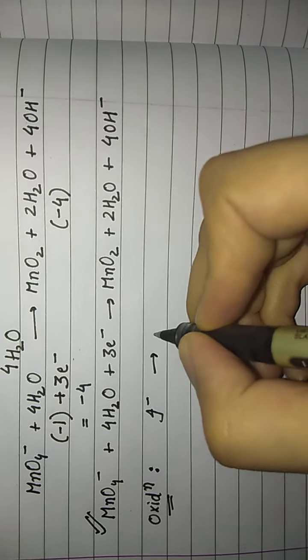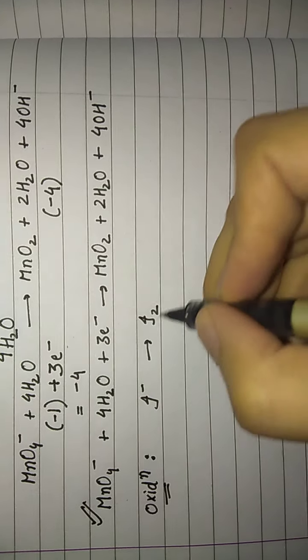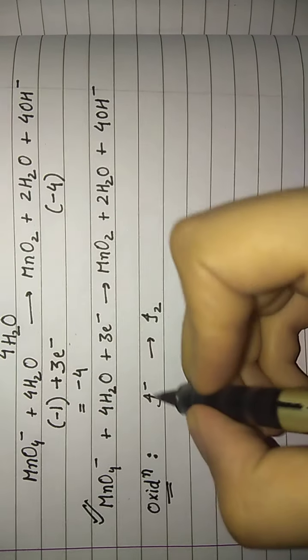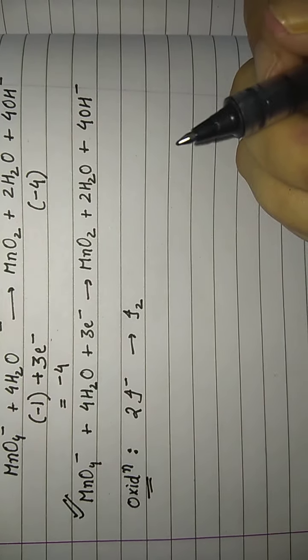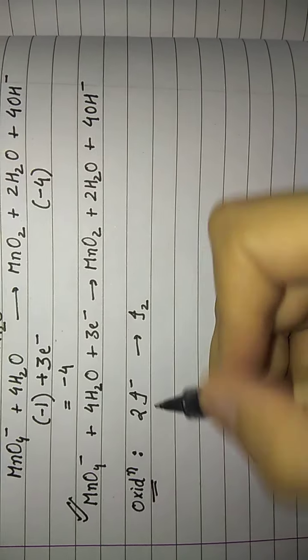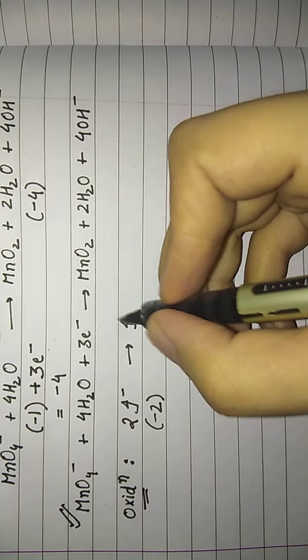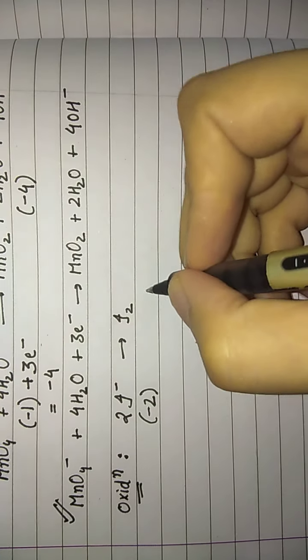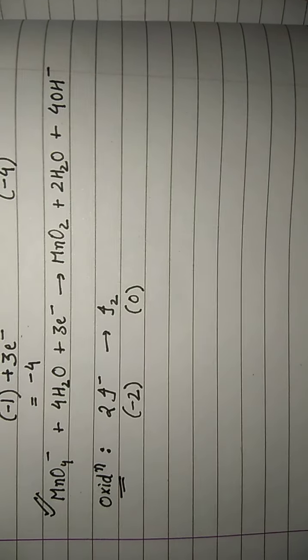I minus giving I2. Alright, now iodine. I have one iodine here. I have 2 atoms of iodine on the right hand side. So I put a 2 here. Now the number of iodines are balanced. There is no oxygen, there is no hydrogen, so no need to balance them. We will simply balance the charge here. What is the charge on the left hand side? One iodide ion has -1 charge, so 2 will have a total charge of -2. And on the right hand side, this is the diatomic iodine molecule, which is electrically neutral and will have a charge of 0.